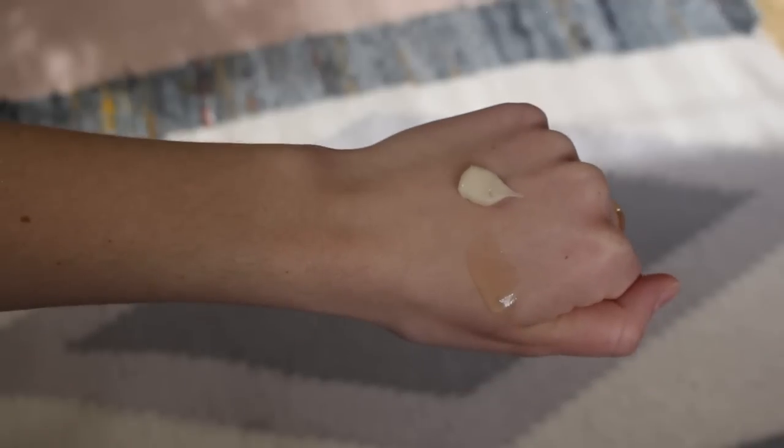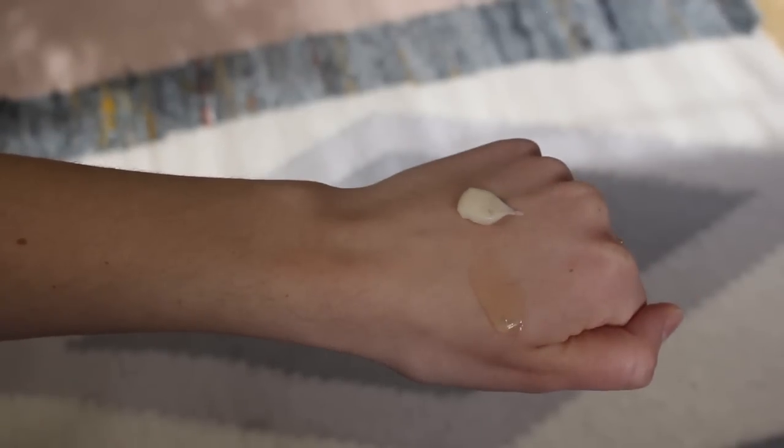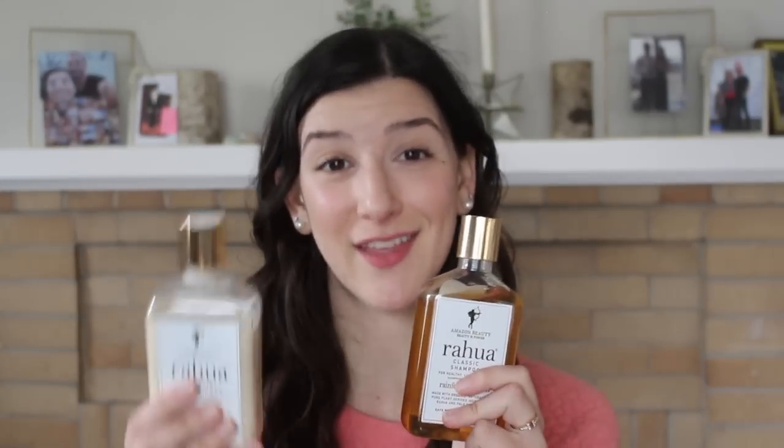And then this conditioner is super, super thick. So I've talked about this before, but I could go through probably about 2 shampoos for every conditioner that I go through. It's very thick. You can leave it in as a mask. It's super, super hydrating. Sometimes I even skip this step because I don't feel like I need it and I don't want to weigh my hair down at all. But this is definitely very intense hydration. It's even a little bit hard to get out of the bottle. You have to shake it down and then really give it a good squeeze,